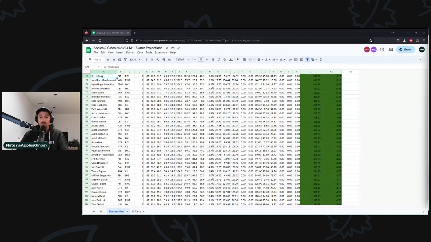But I do think that with the volume of resources available nowadays, it can be really confusing for fantasy hockey managers to understand which set of projections to use and how to kind of define that for themselves. So that's what I'm going to try to do here today. My personal take on that matter is, some people might choose a set of projections just because of the number of followers that someone has, the number of subscribers, the clout that they have in the fantasy hockey community. Frankly, all that means nothing to me.